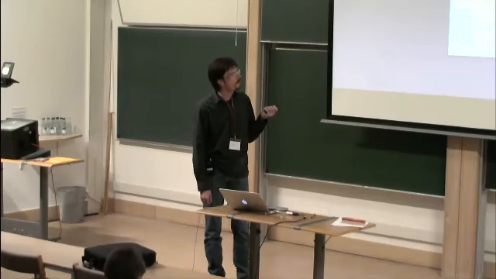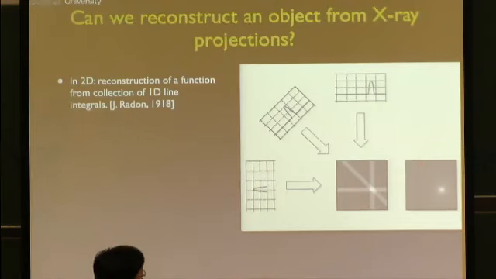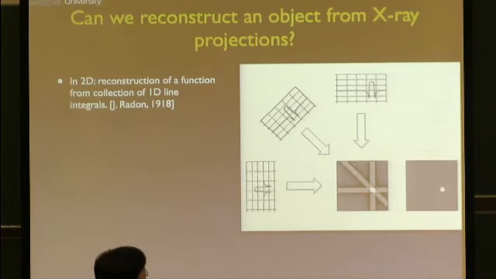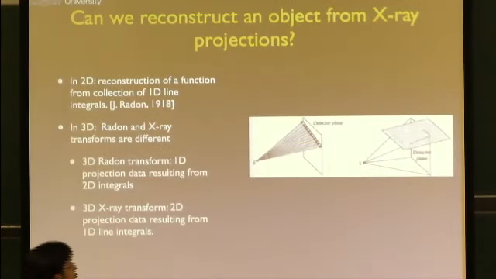Now, these kind of images aren't all that great, they're a little bit fuzzy, so therefore we introduce what is called a filtering step first, where instead of taking the projections, we apply a little bit of a filter to it, and then we smear it back, and that's filtered back projection. So that's how it works in 2 dimensions. In 3 dimensions,